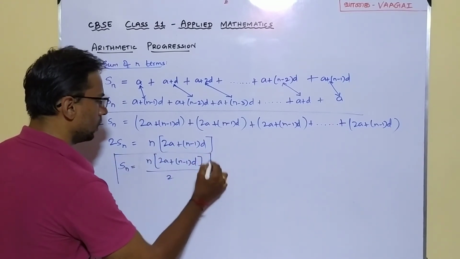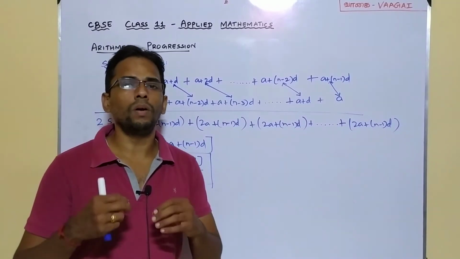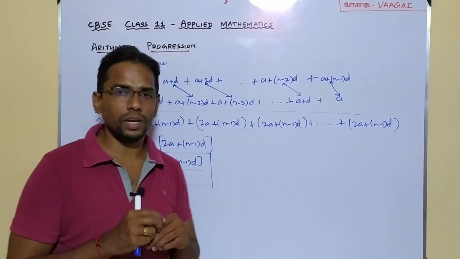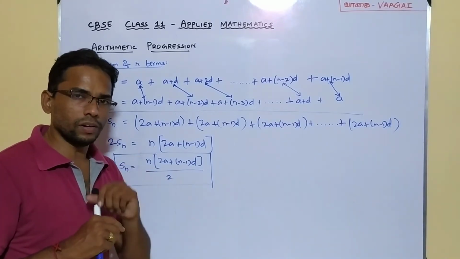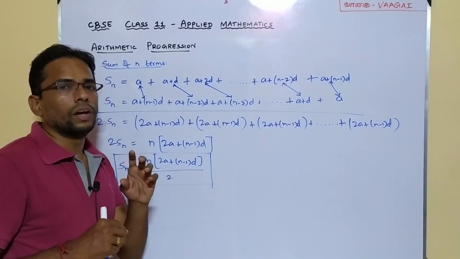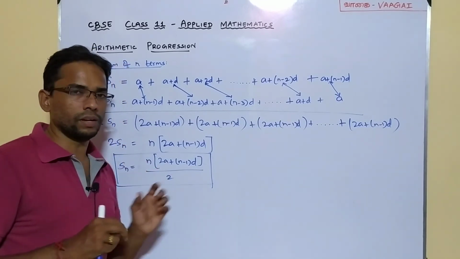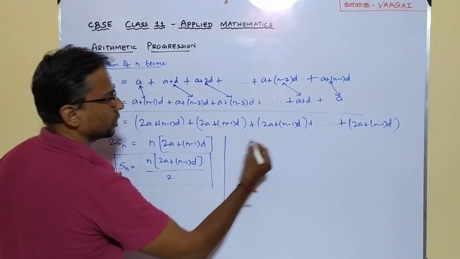So this is the formula to find out Sn, or the sum of the first n terms of an arithmetic progression. And once again, if you look at this formula, we can do a very small adjustment here. Let me show that, as it will give you another new formula. Let's see what adjustment can be done here. So I'm just going to take this Sn once again. Let me just continue here on the right hand side.